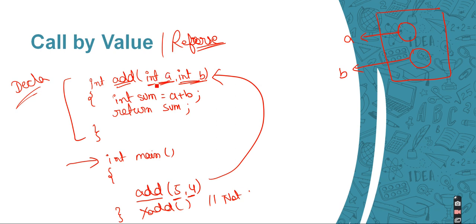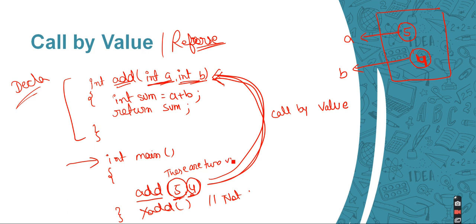So what exactly will happen is that int a, so where is the a, here in the memory is a, so the value 5 will be copied inside this a, and this value 4 will be copied inside this b. So this is termed as call by value. We are passing the values, right? We are passing the values 5, 4. These are two values which the function needs. I am going to pass by value. So this is termed as passing by value.